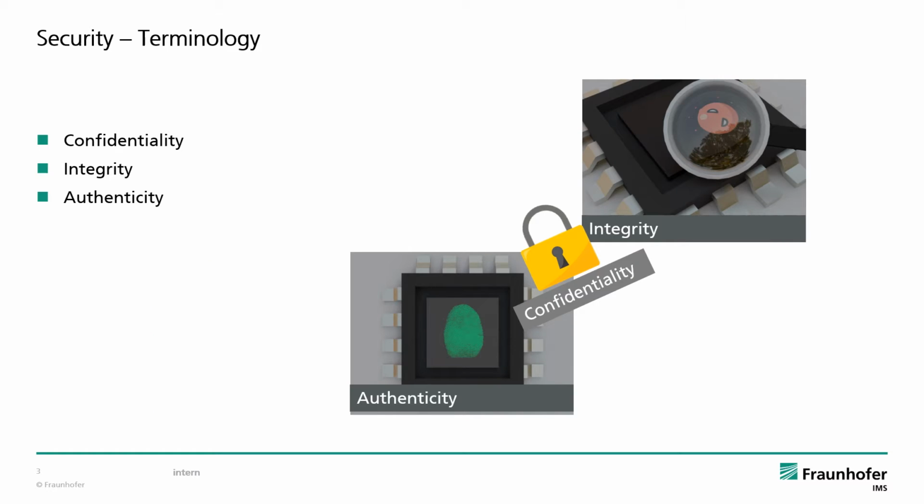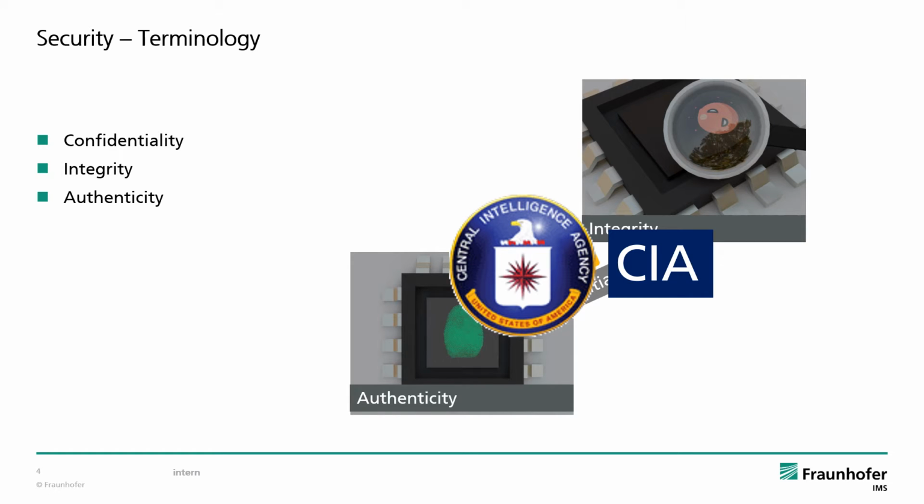Security usually includes the three aspects of confidentiality, integrity, and authenticity. Confidentiality is about your government not being able to eavesdrop on your private phone calls. Integrity in this picture is about being certain that your phone hasn't been tampered with to install some lawful interception circuitry. And finally, authenticity means you know that you are actually talking to whom you expected to call. A common acronym for these aspects is CIA.